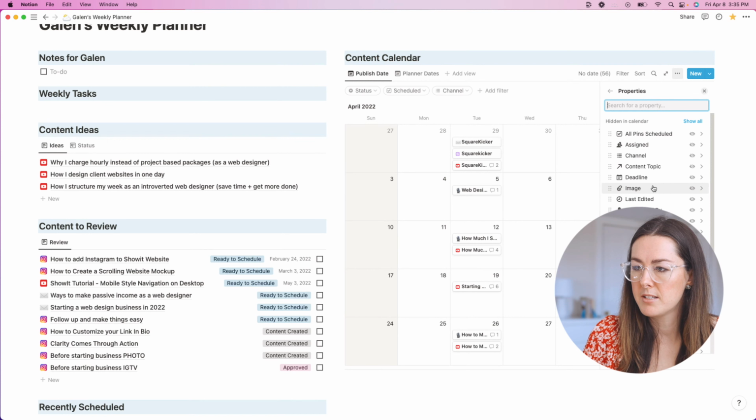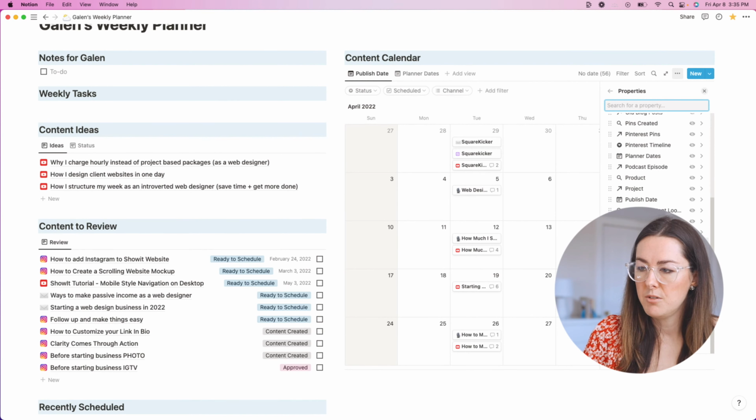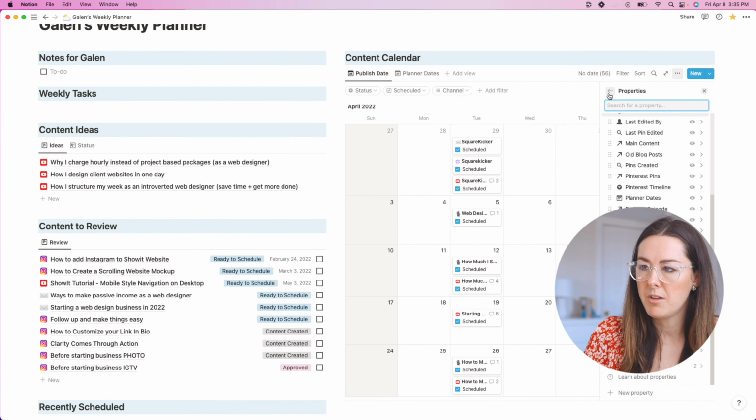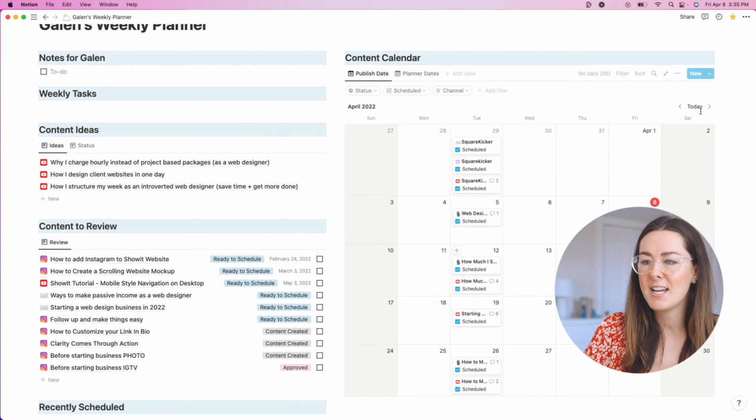Oops, properties. Getting used to how this works. Click the little eyeball there. It's going to show me what content has been... Oh, this is very exciting. When I look at my